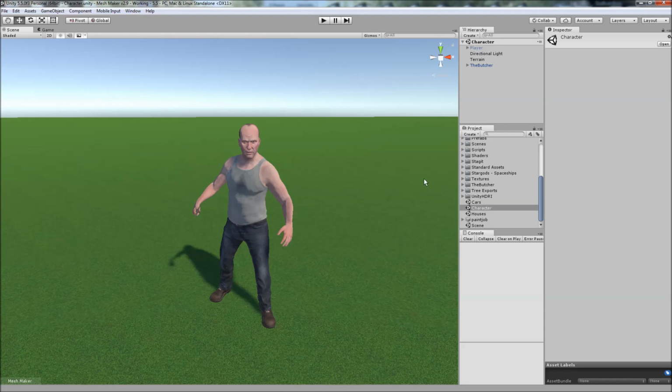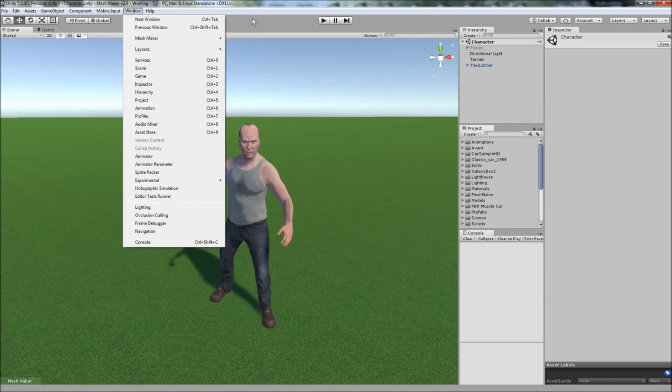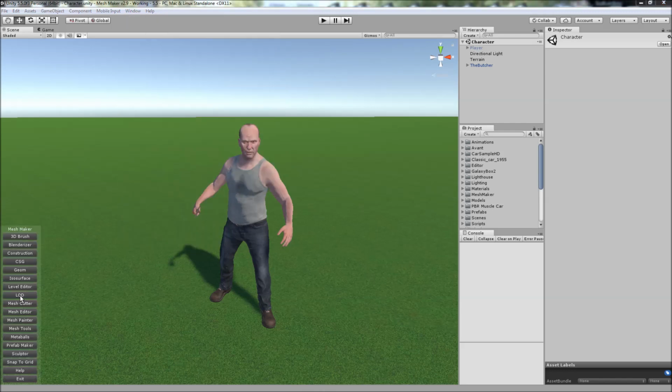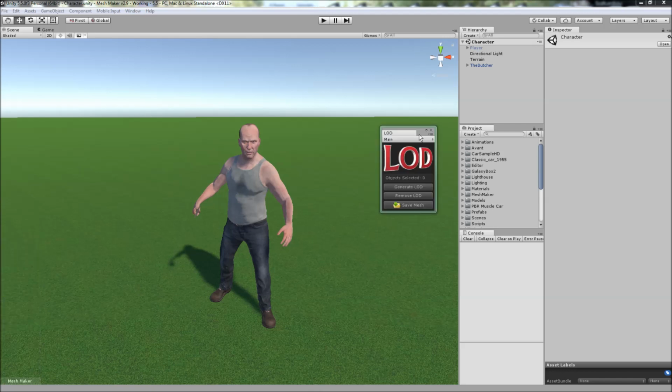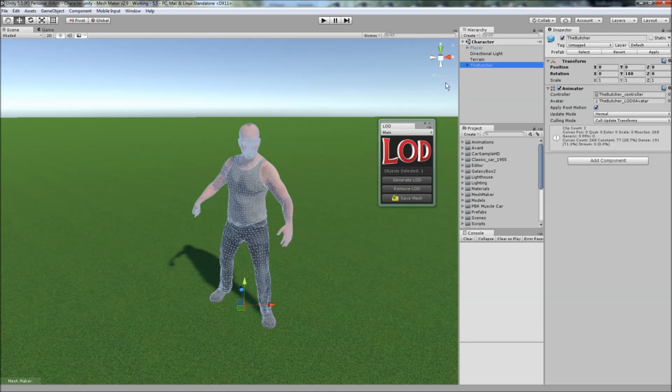After you've imported the package from the store, you'll be able to open it by going to the window, clicking here, or if you have the MeshMaker package you can also open it from here or the scene menu. When the program opens you'll get this new tiny window, and normally it's simply a case of clicking on the model that you want to create the LOD for and then clicking on Generate LOD,